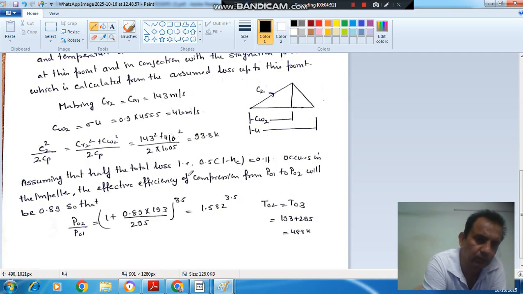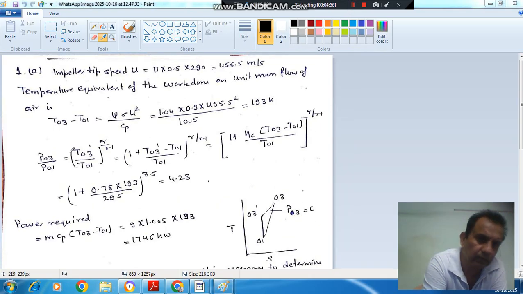So now we have calculated the pressure ratio from the formula. We calculated the pressure ratio in the first exam from the formula, that is P03 by P01, that is T03 dash by T01 raised to gamma by gamma minus 1. Further we modified it to this. So now this is your cycle efficiency, T03 minus T01, which is your temperature increase, the total temperature increase.